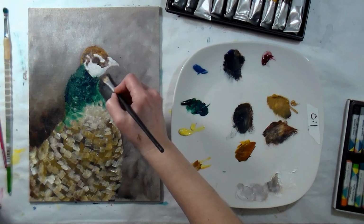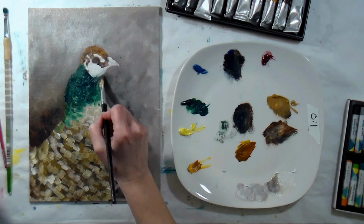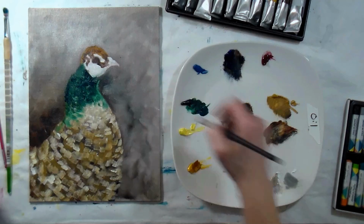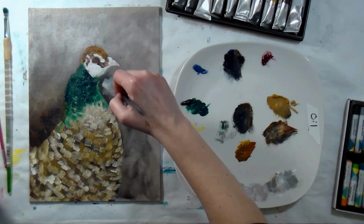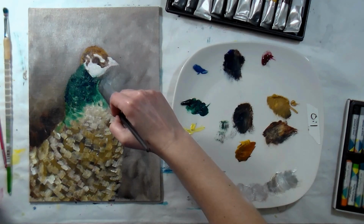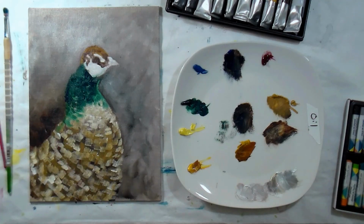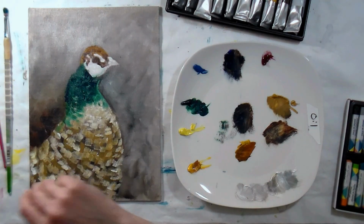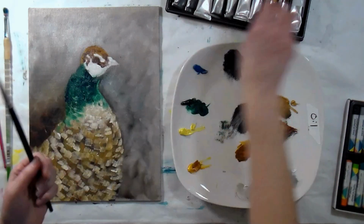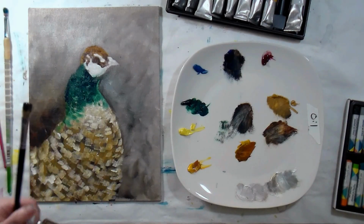And it's better to have a little bit more background and your focal image a little smaller, because you can always make it bigger. You can always throw a little bit more feather in there. And I'm just picking up that white too, to lighten up that area. I know it looks a little weird, but it will get better. I'm going to take another look at this area, because I feel I need to thin out this part of the neck